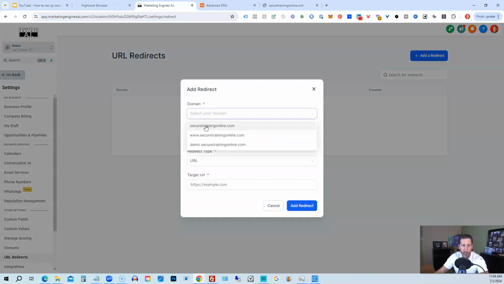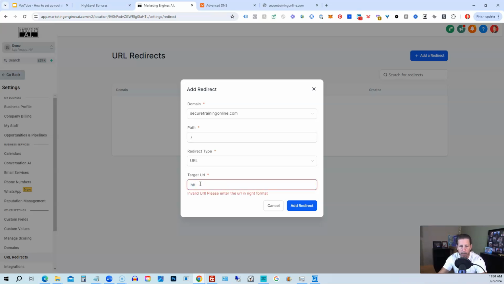Again, if you wanted to point the root domain to the www version, you would click on that. Then the path would be just the /. It does not need the / and the star. So just the / URL redirect, and then this would be your full URL,